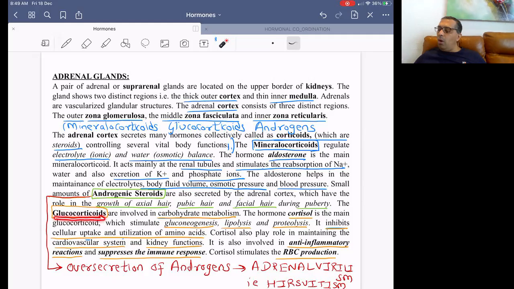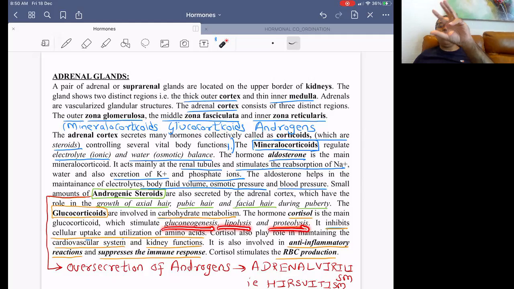And then we have glucocorticoids. Glucocorticoids are given by the zona fasciculata. Glucocorticoids are involved in carbohydrate metabolism. वो carbohydrate metabolism में help करते हैं. The main glucocorticoid is cortisol. Cortisol is the main glucocorticoid and it stimulates gluconeogenesis, lipolysis, and proteolysis. ध्यान से